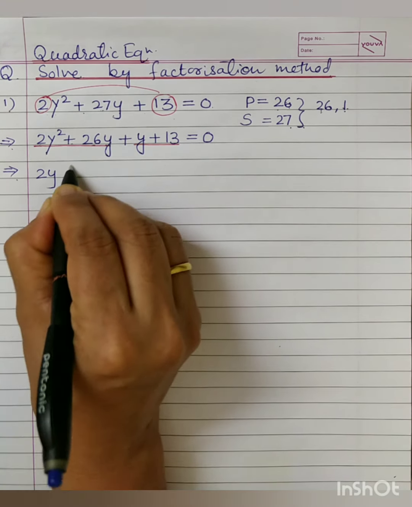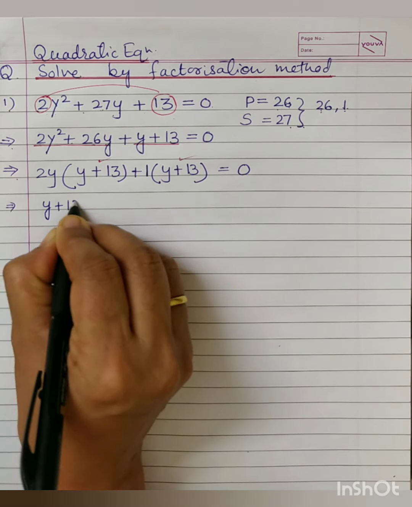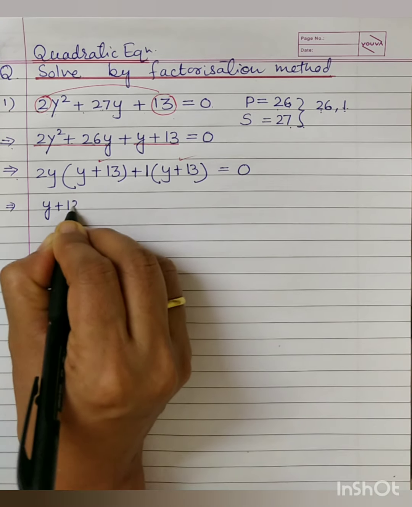Got the common bracket. Now here y and 13 are available, and if you observe, nothing is common, but when nothing is common, which number is always common? 1. So you will write a plus here, as you always do, so that getting the factors will be easy for you. We have taken 1 common, so y plus 13 will be left in the bracket, equal to 0. Now here what is common? y plus 13, y plus 13, right? So take out y plus 13 common. For that only we have done all this splitting.